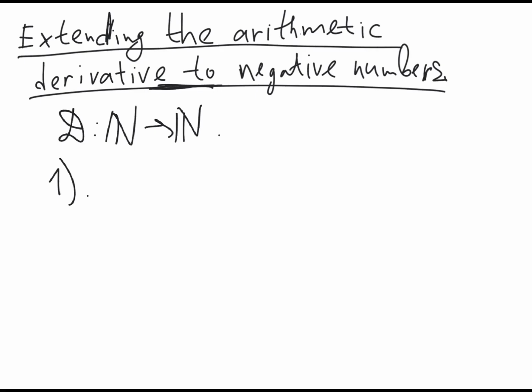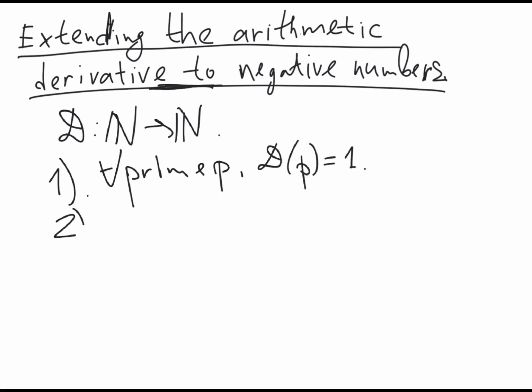First, for any prime number p, we have d of p is equal to 1, and second, for any natural numbers m and n,